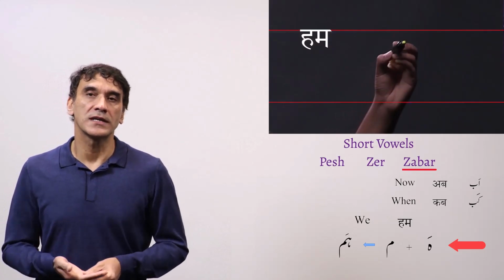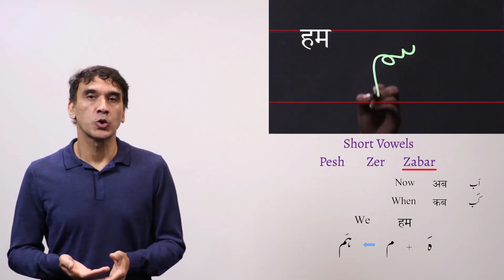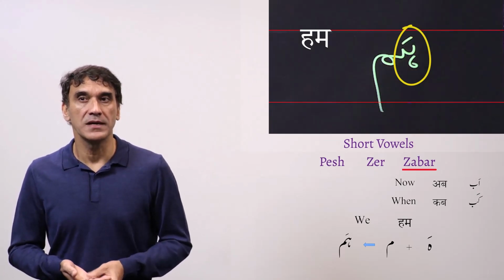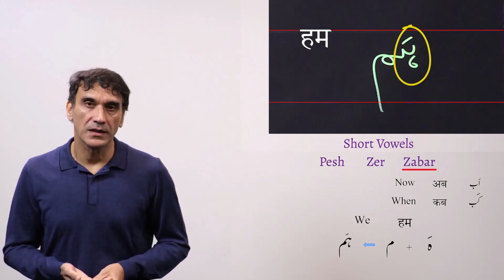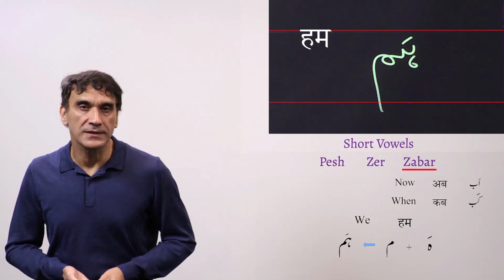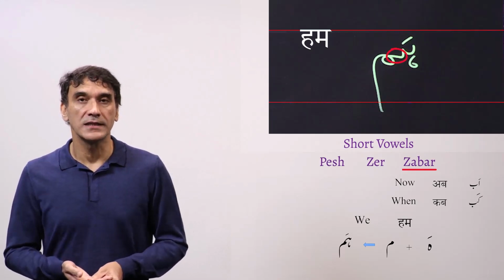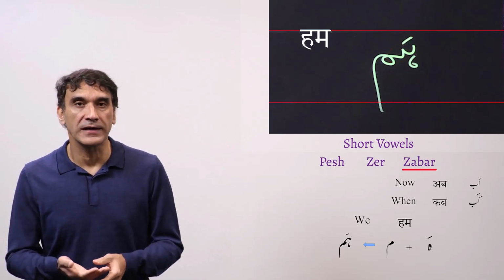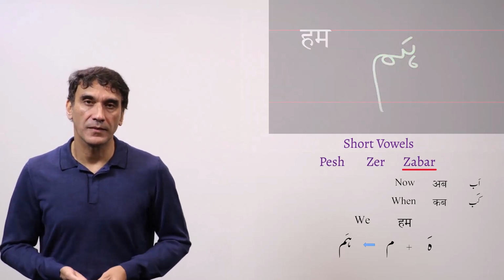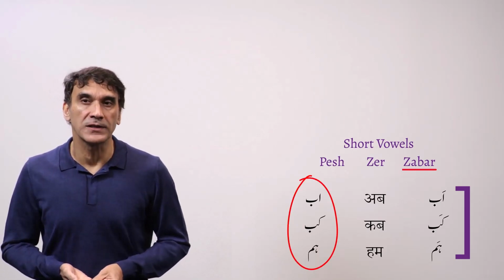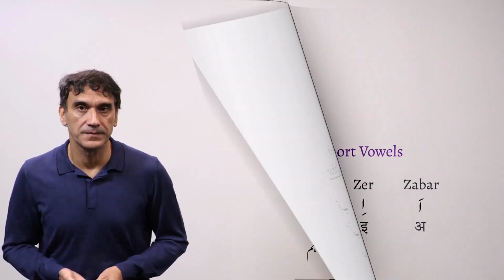The next word is Hum, meaning we, the first person plural subject pronoun. Here the consonant H has inherent a, so Choti He will have Zabar. So Choti He Zabar H plus Mim, Hum, Hum. Choti He here is the first letter, so it will take the initial form and connect to Mim, which is the last letter. So the letter Mim will take the final form, Hum. And finally, keep in mind all these words are frequently written without Zabar, as you can see here.